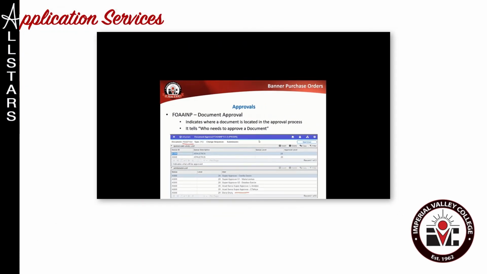Okay, once on the approval process, we have two forms. One is FOAAIMP. This form indicates where in the process the document is located. Basically, it tells you who needs to approve the document. In this case, you'll see this PO is located in the AS08 queue, and at the bottom you see who are the approvers. In this case, it's Dave Drury, the one who needs to approve it,